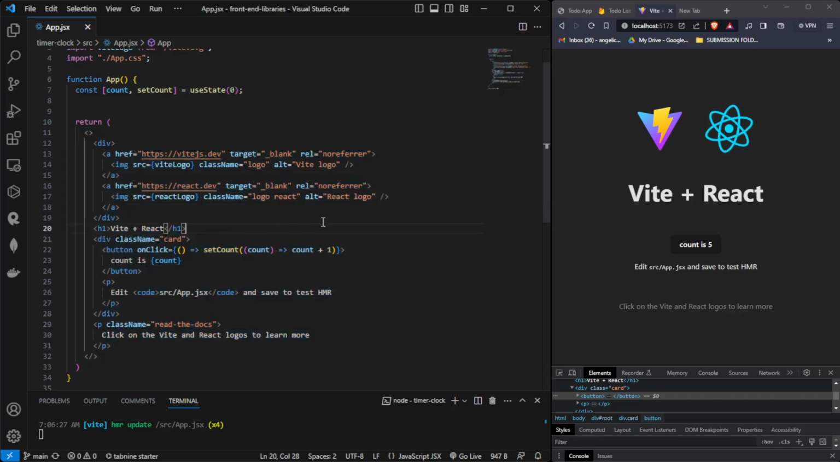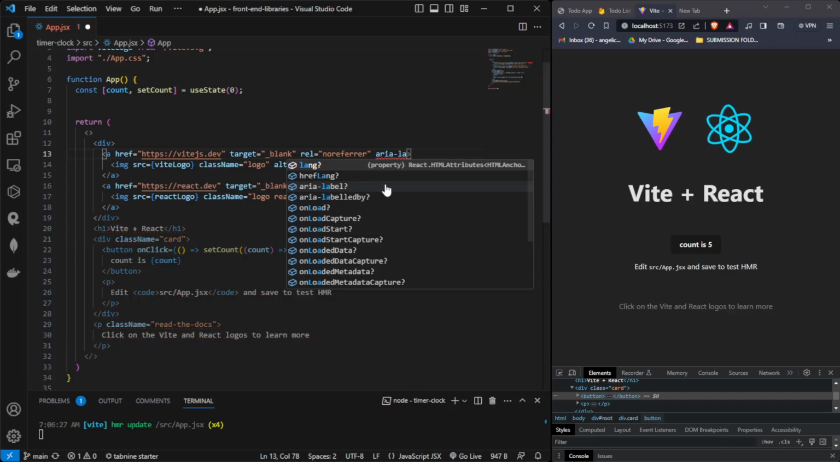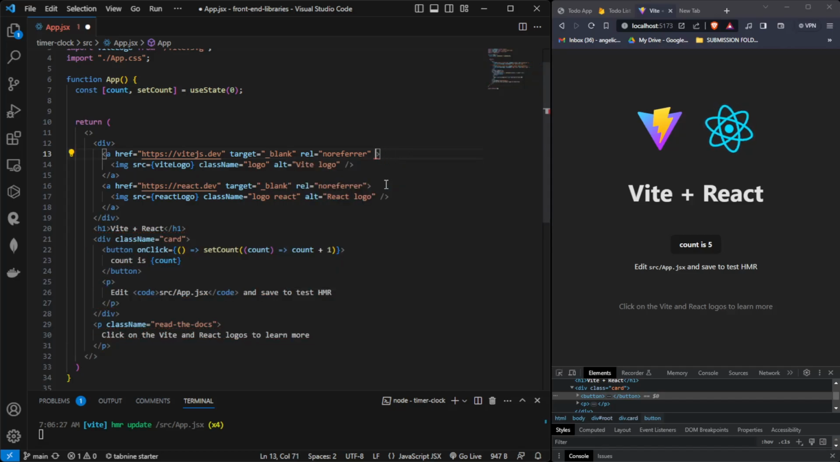But the difference between JSX and HTML is that JSX uses camel casing. Is it camel or Pascal? I think it's camel. Yeah, anyway, camel case means the first word starts with a lowercase letter, while the following words have their first letter in uppercase. But of course, aria labels are an exception to this. If you check aria-label, there we go. Okay, anyway,